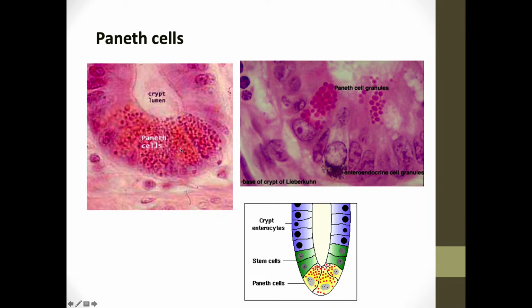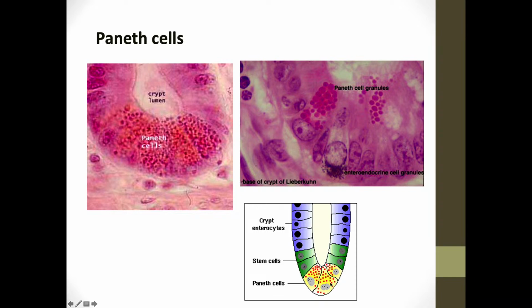The crypt is an invagination of the epithelial lining from the basal part of the villi. And so the upper cells are the crypt enterocytes, and in the lower part are located